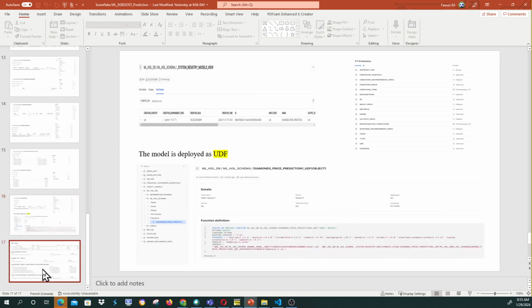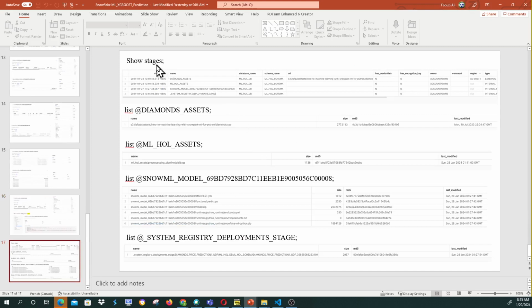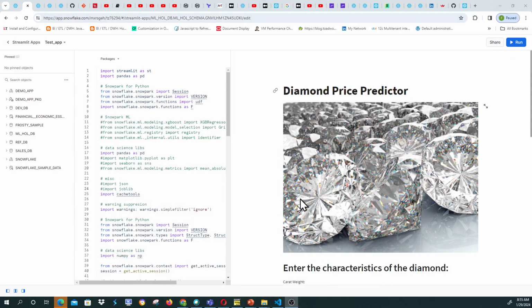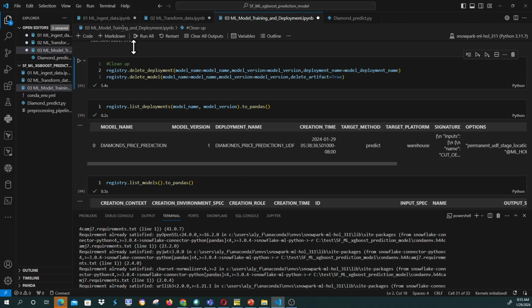So let's start. Here also we have the list of the stages. There is a stage to have the source data. It is an S3 bucket, and the other is generated during the deployment of the model, and the registration also. So on my